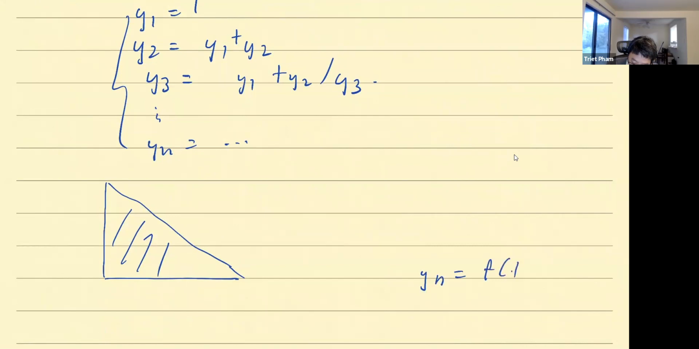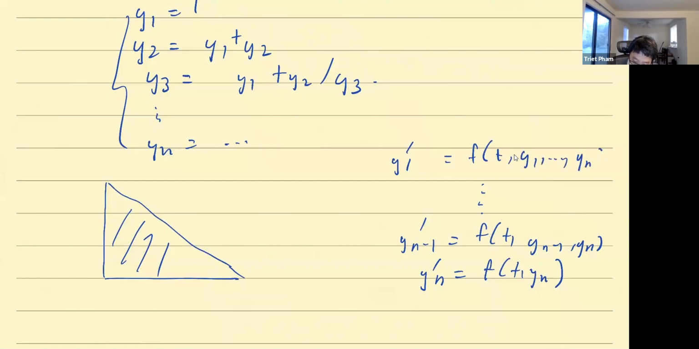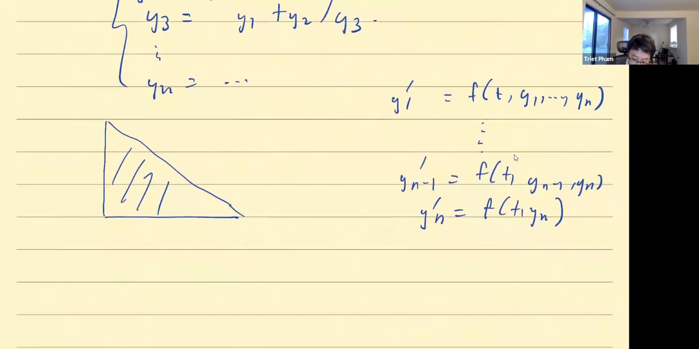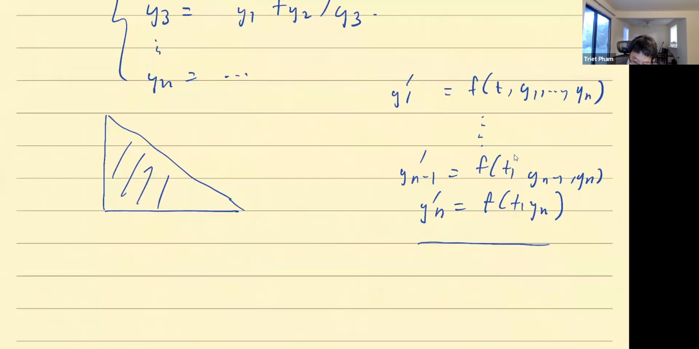only depends on yn. And then you start with yn minus 1, depending on yn minus 1, yn, all the way up to y1 prime, which only depends on everything. And so you solve it from the bottom up. I guess we wouldn't even bother with that. But if you look at the shape of the dependency, it looks like this. So I call it upper, but,